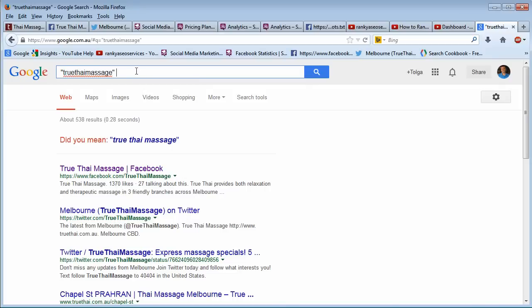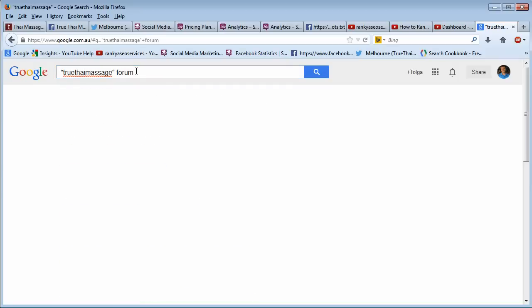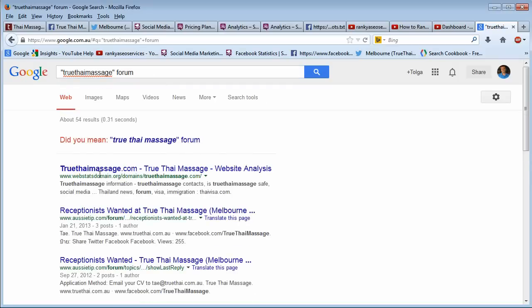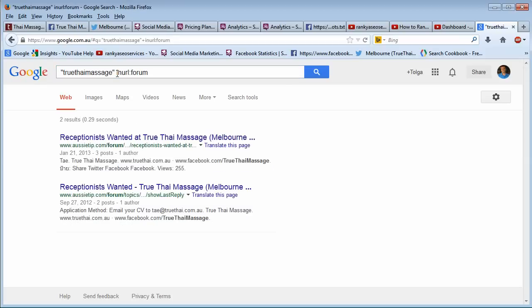What if I then search this term as well? As we can see, whether it finds it or not, what if I do inurl and ask it to bring me something forum? Are they participating in a forum? As we can see straight away, something is happening here, and it is a forum of sorts. So going in there and having a look at why my competitor is in there is the question you should be asking, because most forums allow